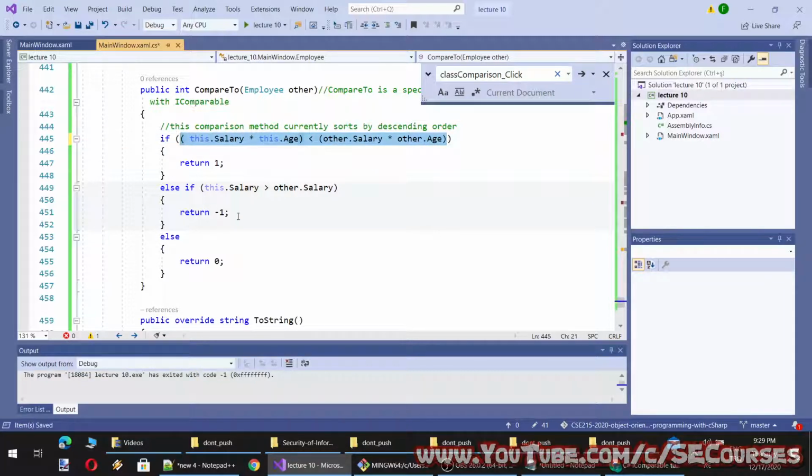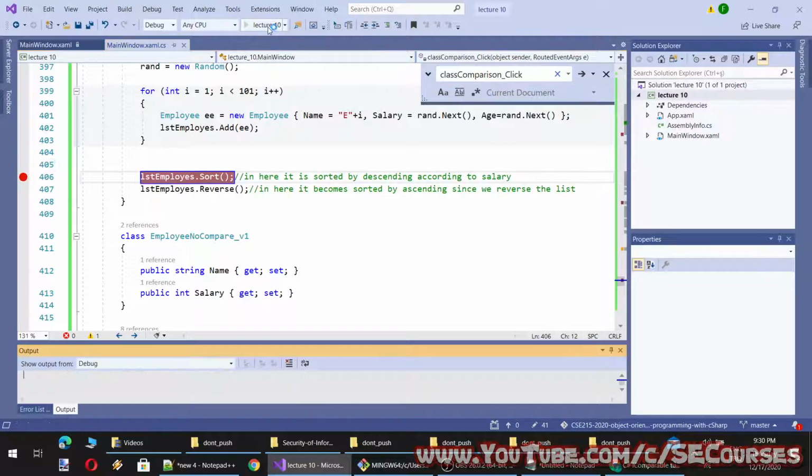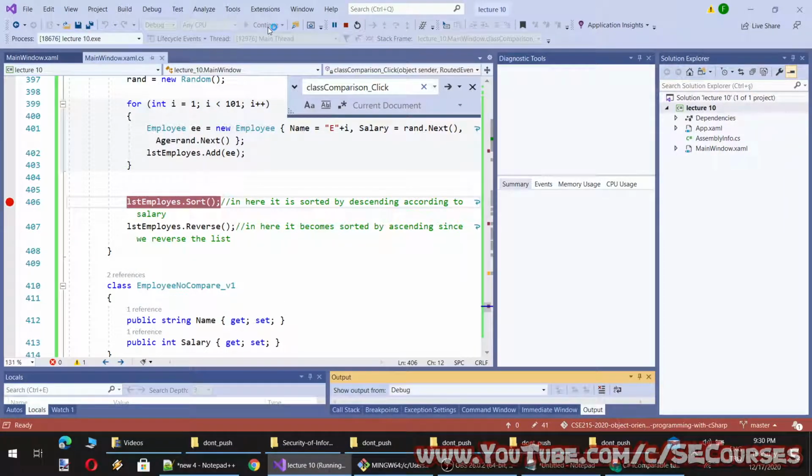So the comparison is totally up to us. It will work in either way. Okay, you can also sort them like this. So this time they will be sorted by the multiplication of their age and salary value. Okay.